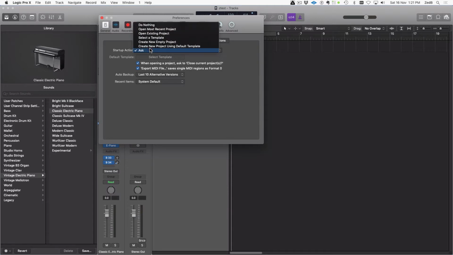We're going to go into the first tab, the General tab, and the first bit is, what do you want to do when Logic fires up? Personally, I find it a little bit annoying. The default seems to be open the most recent project. And that's fine if you don't do too many projects, or they're not huge. But